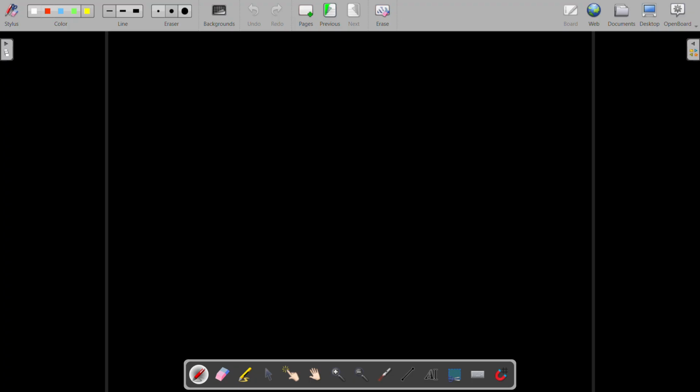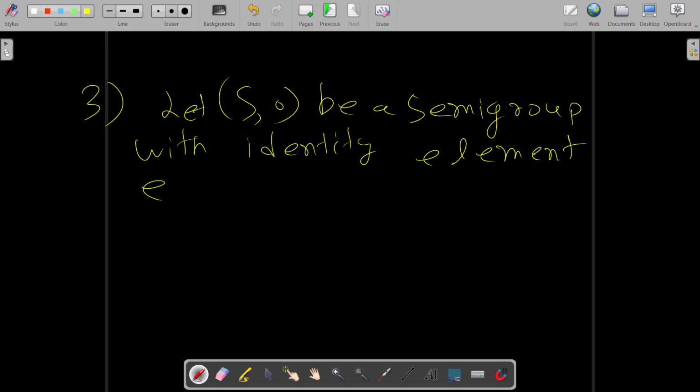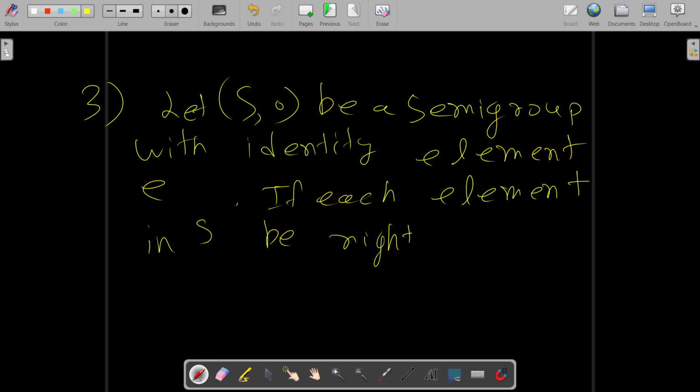Let S not be a semigroup with identity element E. If each element in S is right invertible,